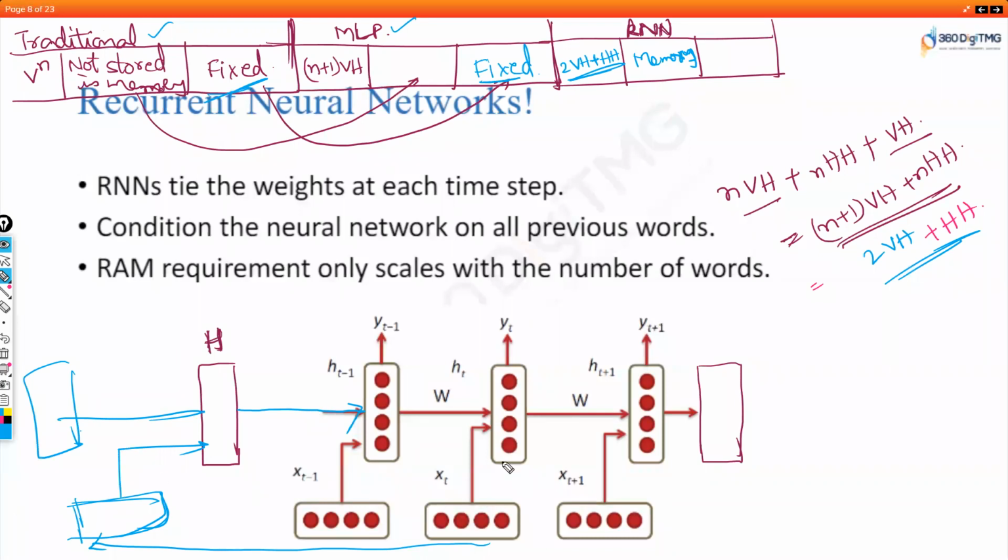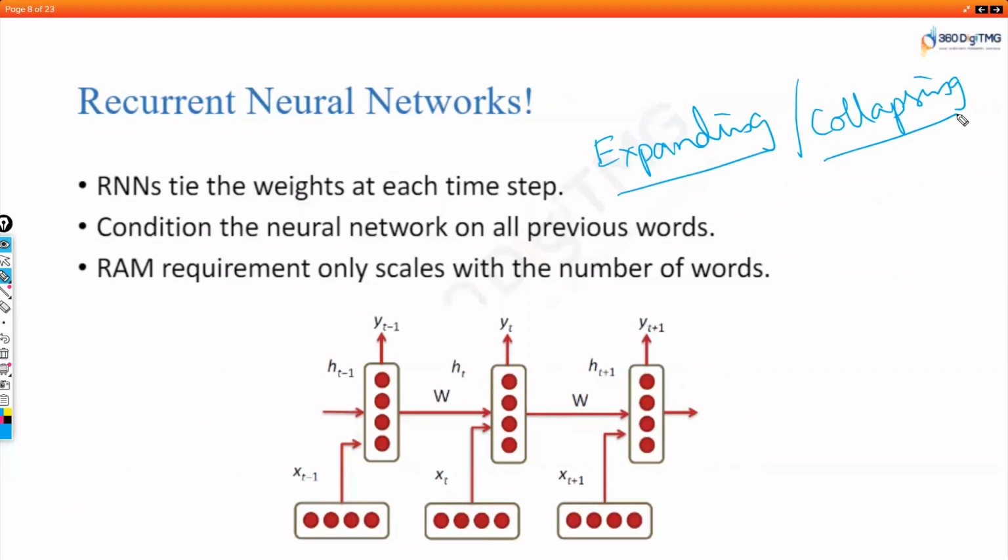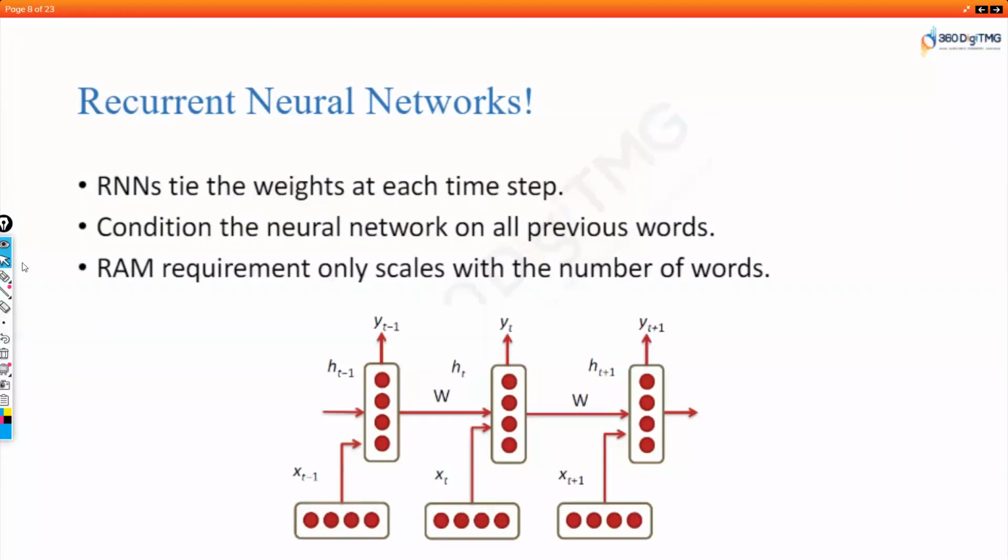Or if you have two words and if you want to predict the third word, you collapse it. So expanding and collapsing is also something which is possible. You can expand, you can collapse. How many ever times you want, those many times you can expand, those many times you can collapse. But the challenge is